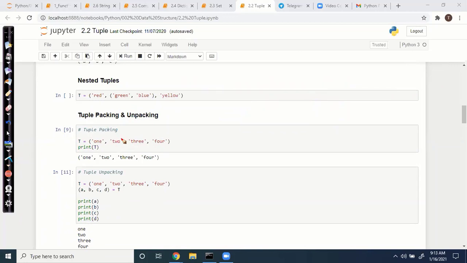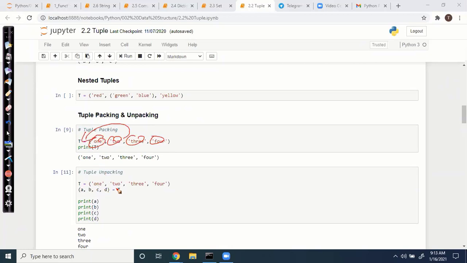This is tuple packing and unpacking. You have a list of items in the tuple, and you want to assign all the items to some other variables, so you can do this. Here all the items are getting packed into a tuple.